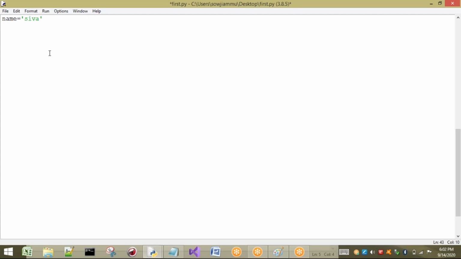For example, I'm going to take name, salary, and also some address. Now I want to print these by using a print statement with the format function.